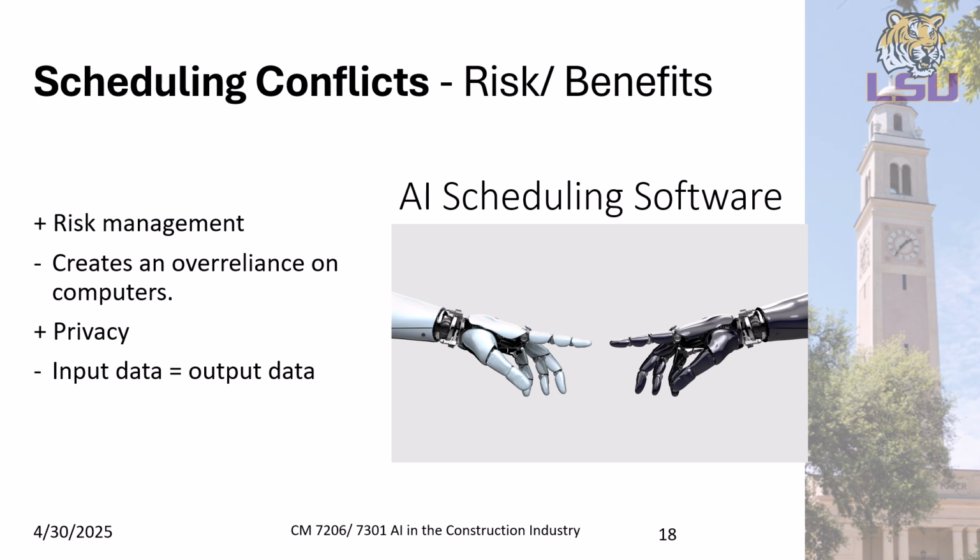Computer use will still require human oversight, but users should be careful to not overly rely on AI. AI technologies have been demonstrated to be quite capable of aiding the human experience, especially on construction projects. Output data is only as reliable as input data. Scheduling platforms should require some human oversight when it comes to navigating planning and scheduling conflicts.